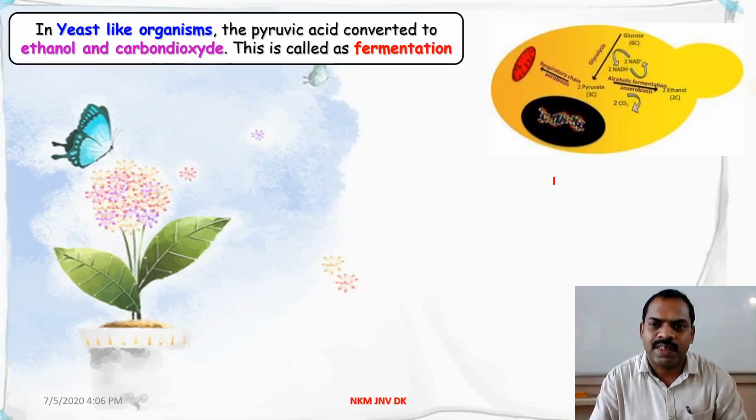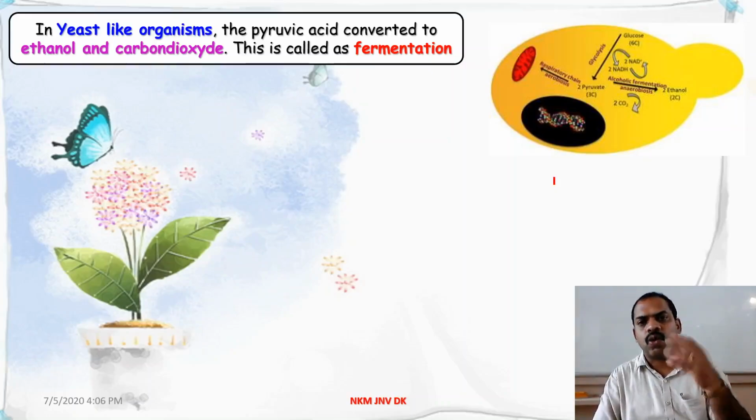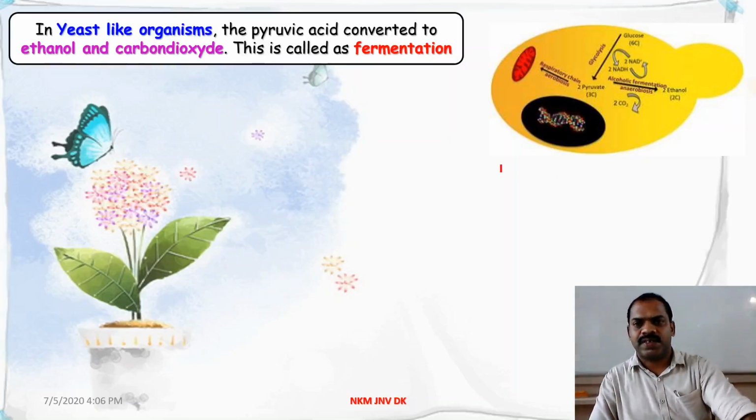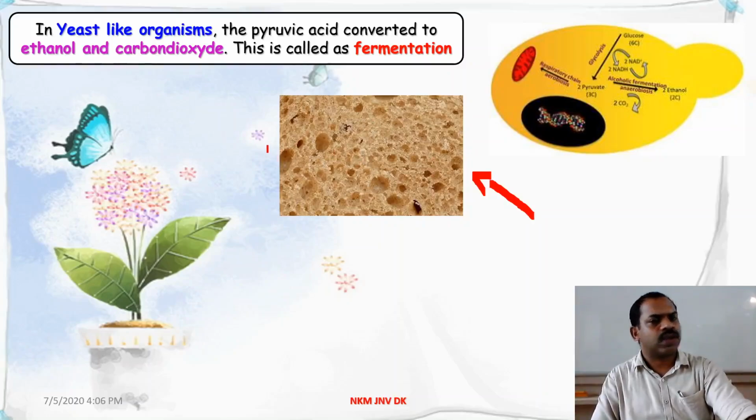Liberation of carbon dioxide is a byproduct that gives the holes in the dosa. Like bread and cake, the holes are the product of an anaerobic process. This hole is because of the liberation of carbon dioxide. Another very important area where we employ yeast is